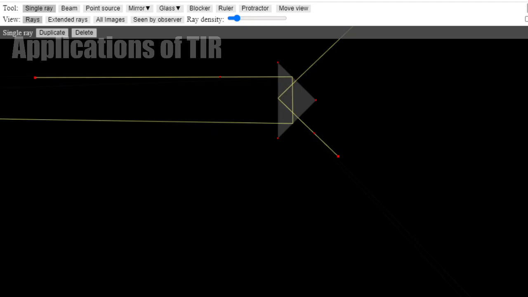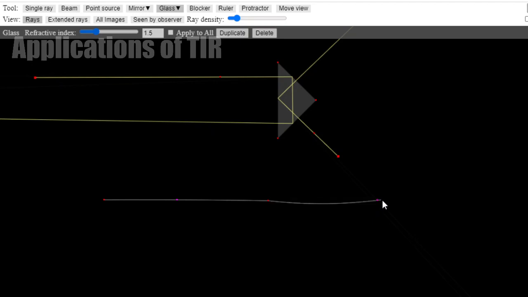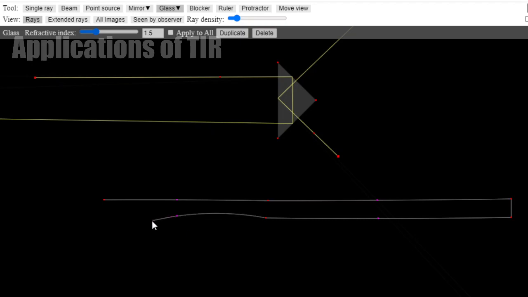Okay, so let's see if we can do that. So again, I go to glass, lens and other. So I'm gonna go dab, slide, let go, slide, let go. Now I'm going to come down here and draw an end, so we'll just dab, slide, let go where the red bit is, slide where the purple bit is, and now I just want to close